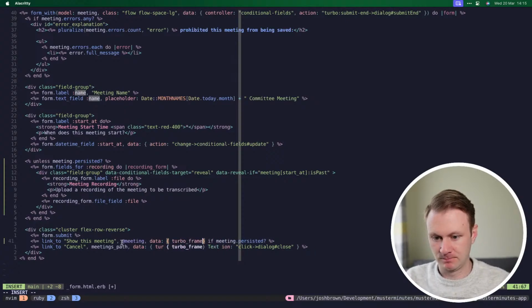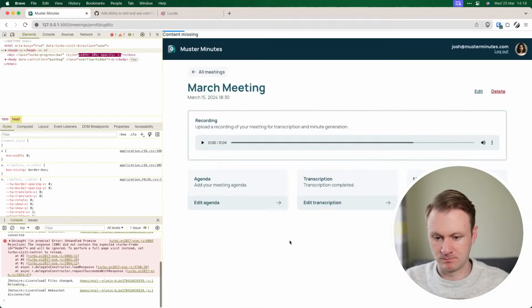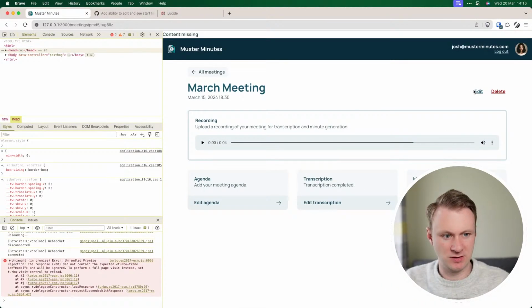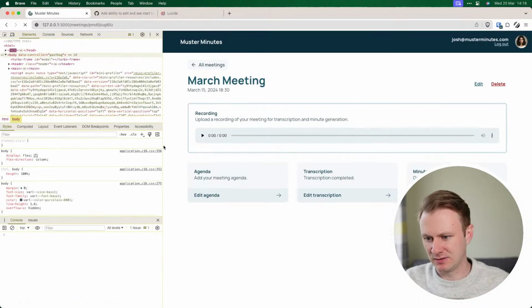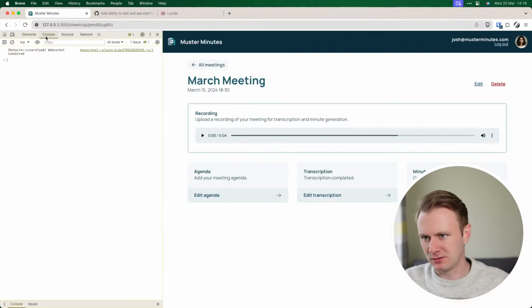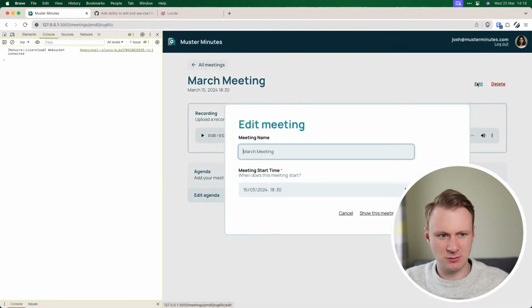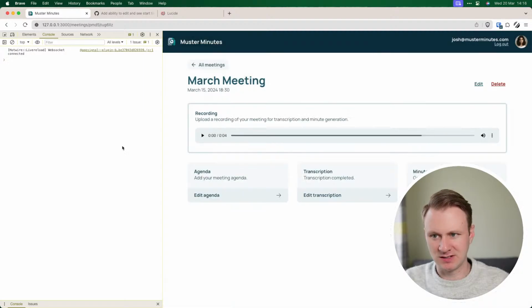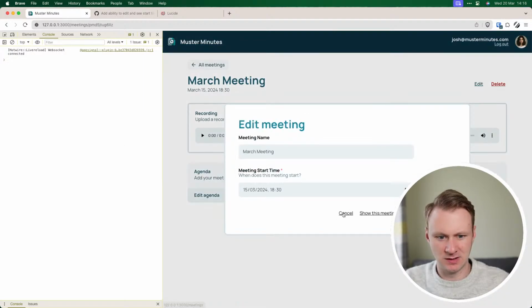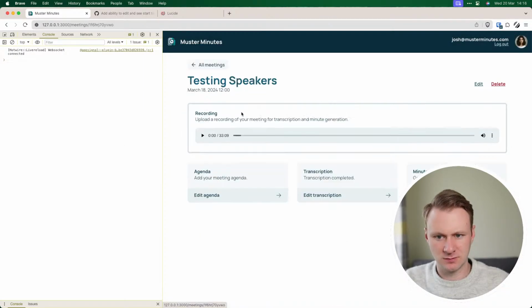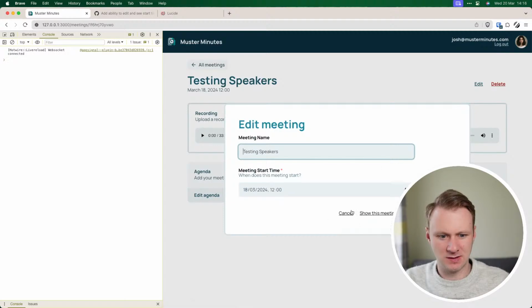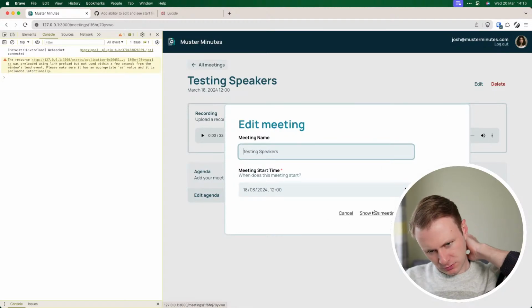Frame. So when you go in edit, I'll refresh because I just want to mostly see the console. We show, click edit, show this meeting. No errors. Good. Cancel. Good. Back. The links are a bit wrong, but